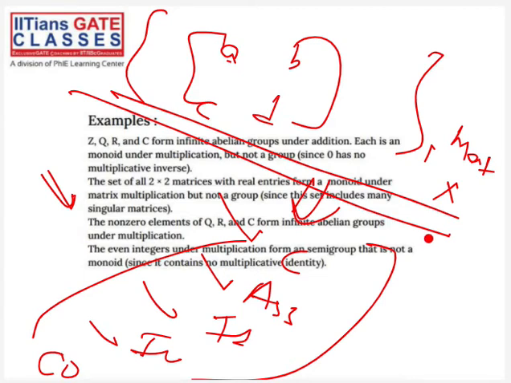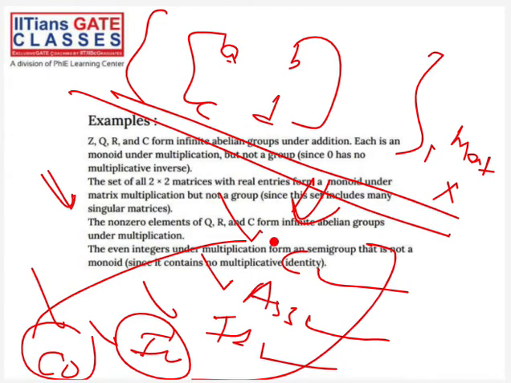The highest structure that will be satisfied is monoid. So basically this closure property will be satisfied, associative property will be satisfied, identity element will also exist, but inverse property will not be satisfied. Basically there will be at least one 2 by 2 matrix you can find for which inverse will not exist. So it is not a group. And the commutative property is also not satisfied, because matrix multiplication is not commutative.